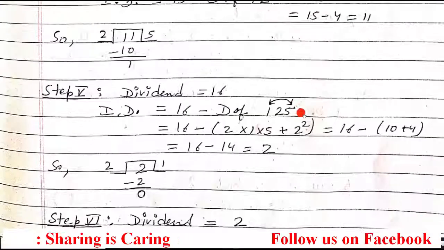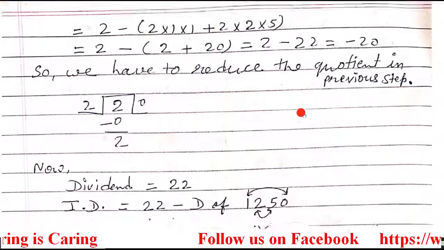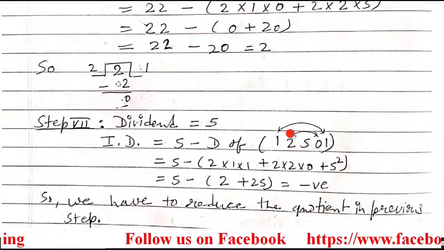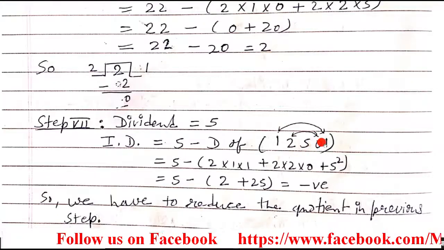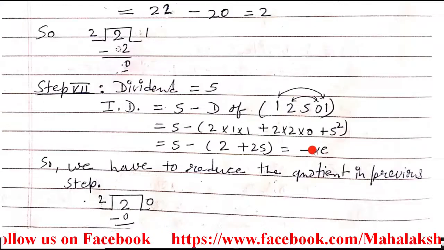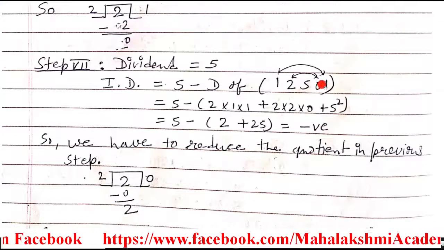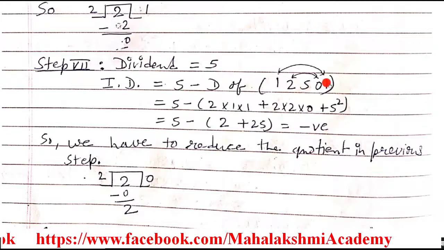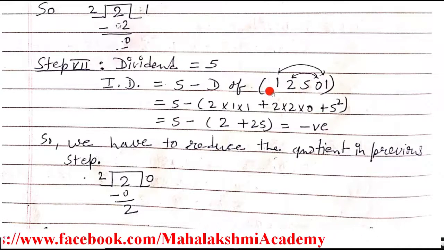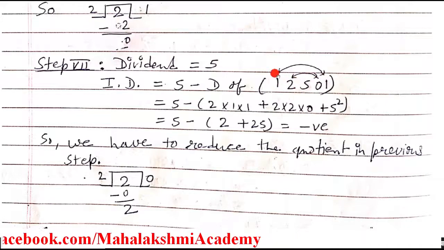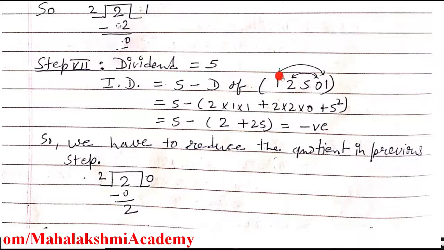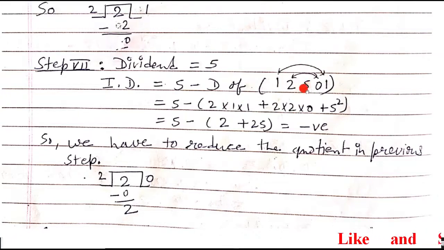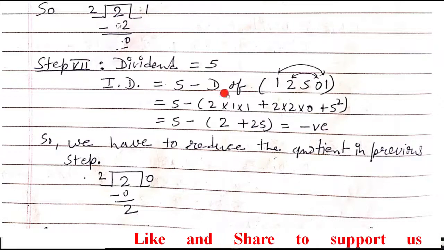That's why just see here, 1, 2, 5, 0, 1. But after finding the D of this, we'll find that it got negative, so we'll reduce in the table. Here instead of 1 we'll write 0. To first understand how to find D of this, from the extreme just make the pair. So these two are in a pair, 2 and 0 are in a pair, and 5 is alone. Whoever are in a pair, multiply them by 2, and 5 is alone, so 5 square. That will give you again a negative number, so you have to reduce this step.